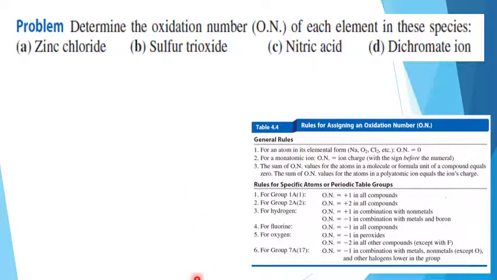So now let us have an activity here. This time we have to determine the oxidation number of each element in this species using these rules for assigning oxidation number. Again, you have to be very well versed in determining the oxidation number in order to keep track of the transfer of electrons during redox reactions. So in this case, we have zinc chloride. The formula of zinc chloride is